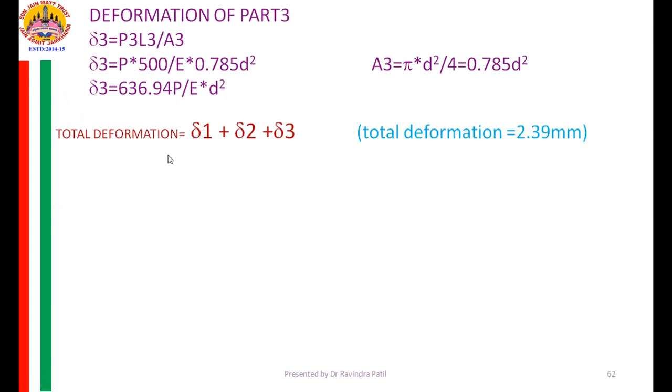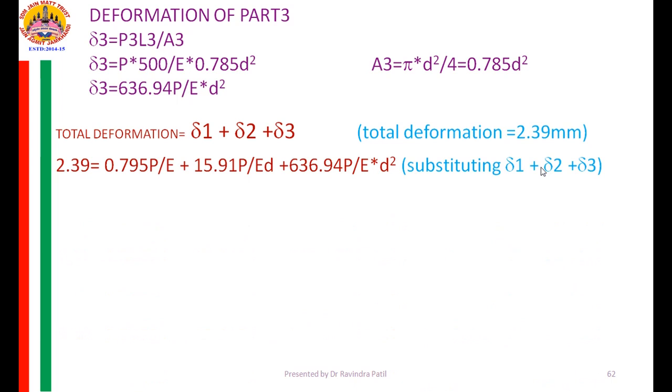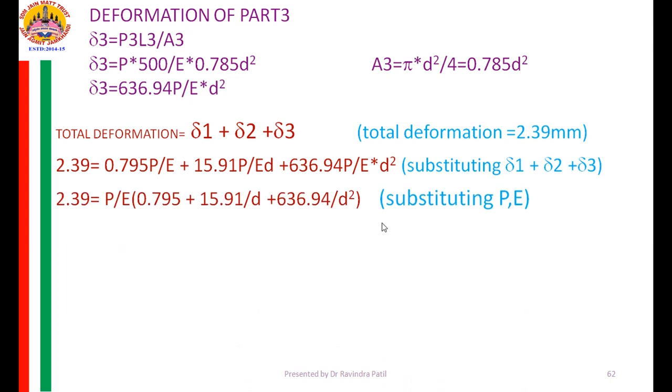Yes, now you find the total deformation. Total deformation is equal to del 1 plus del 2 plus del 3. But he has given you in the problem total deformation as 2.39 mm. Substitute the value of total deformation as 2.39 mm and substitute the values of del 1, del 2, del 3. Already we have calculated them. In the whole expression, P is known to you, E is known to you. Only unknown is the value of D. Substitute the value of P and E